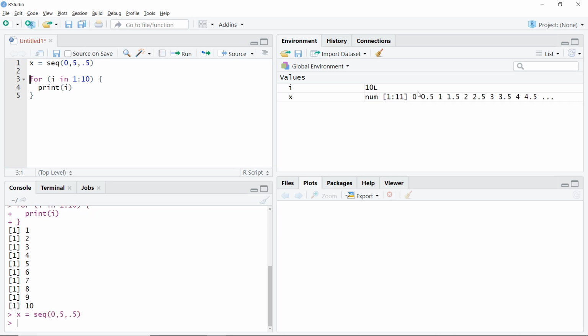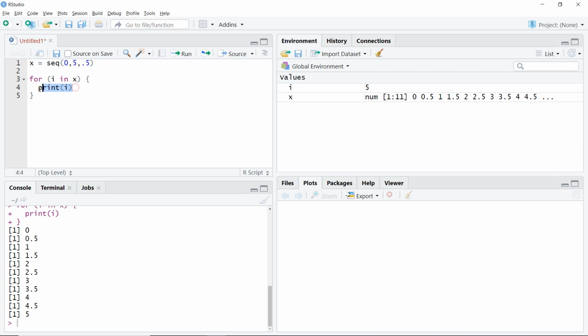You can see we have 11 values. So the number of times our for loop will run would be 11 if I take the vector here as x. If I just print it and press Ctrl Enter, you will see 0, 0.5, 1, 1.5 and so on.